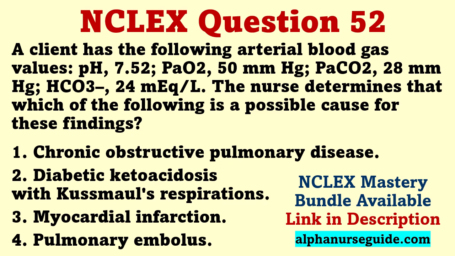Myocardial infarction. 4. Pulmonary embolus. The correct answer is 4. PaCO2 of 28 and PaO2 of 50 are both abnormal. The PaO2 of 50 signifies acute respiratory failure. In evaluating possible causes for this disorder, the nurse should consider conditions that lead to hypoxia and hyperventilation, such as